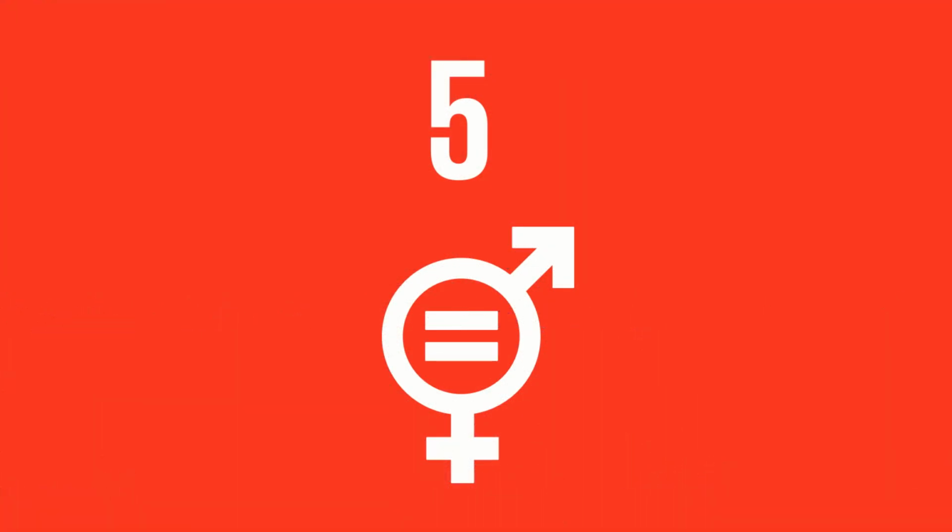SDG Goal 5 is gender equality. This goes without saying that the boys and the girls need to be treated without bias. The environment should be democratic. Everybody should have access to good education. There should be no biases whatsoever based on gender. A story that I would like to narrate here is